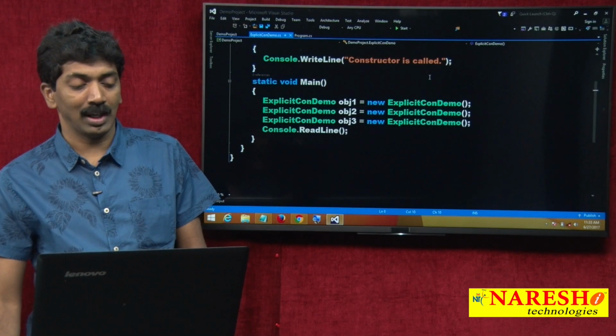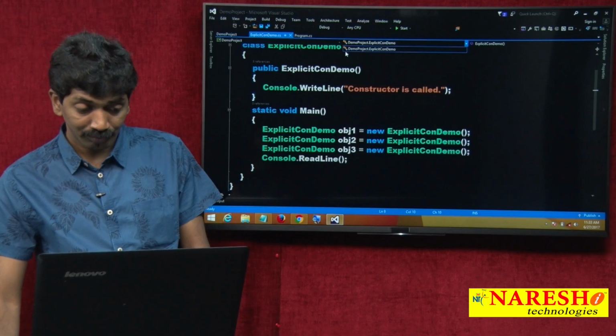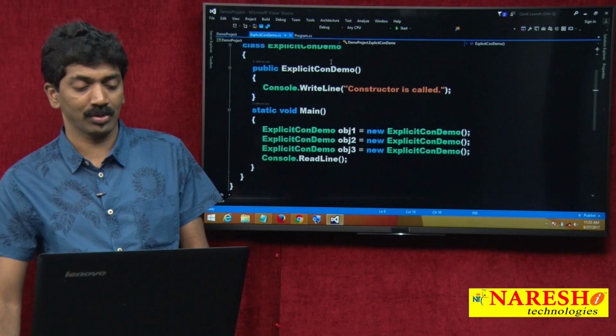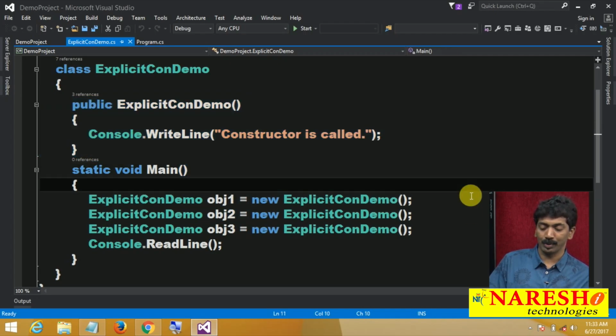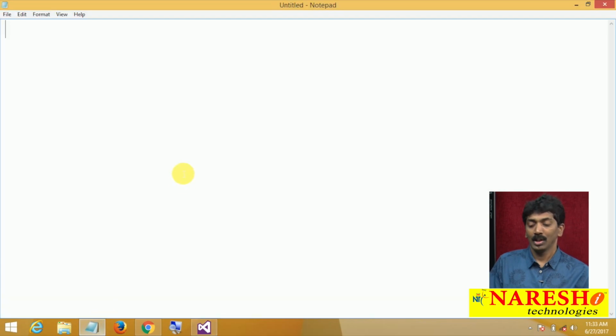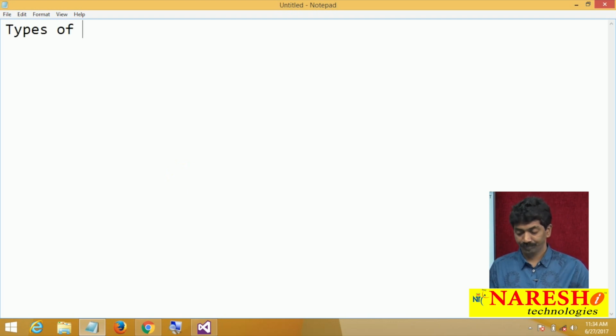And the other thing I said in the last video is that we can define our own constructors. We define a constructor here, and we explicitly call the constructor here. So in this video, I will demonstrate a few more important things about constructors, actually the types of constructors. We'll talk about the types of constructors, in the sense of the various types of constructors a class can have.